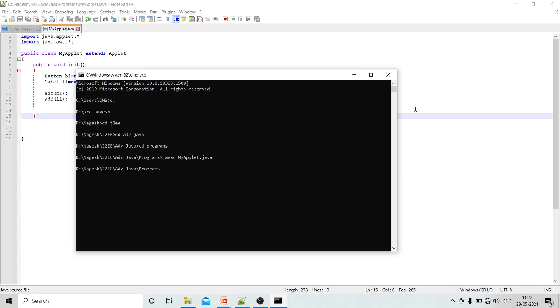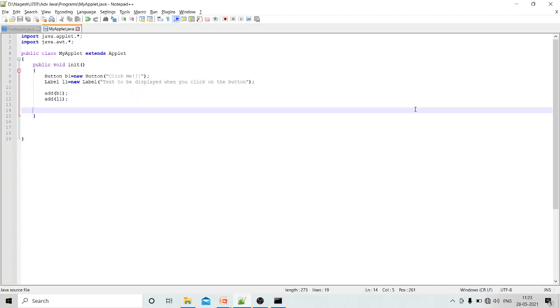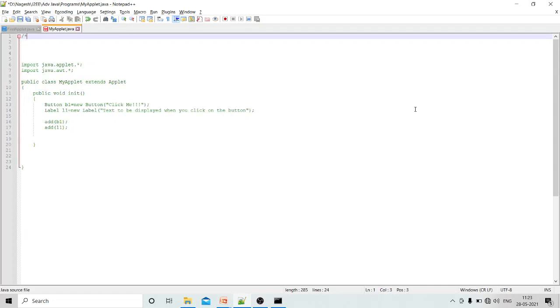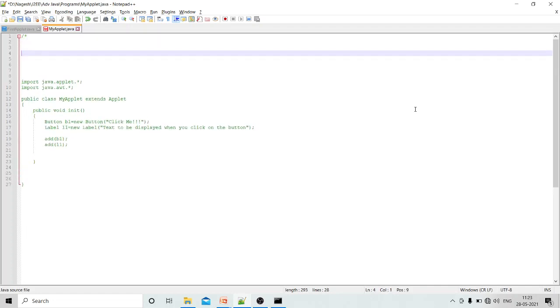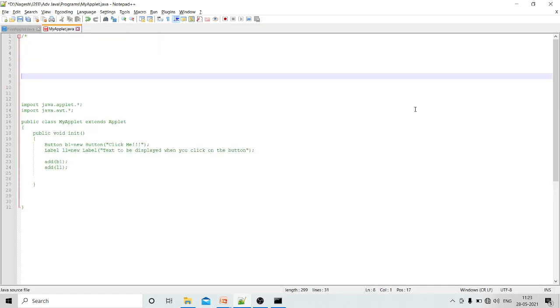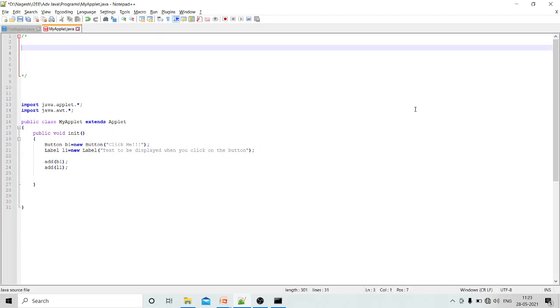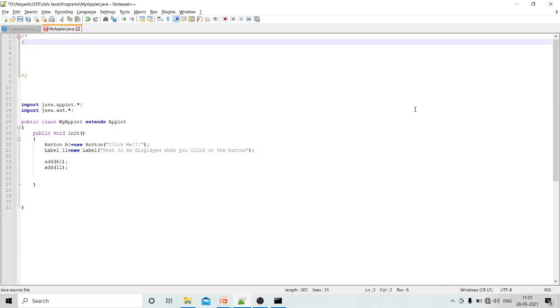A convenient way is, instead of creating a separate file, we can add the HTML code here in the same file in the comment section. If you want, you can create a separate HTML file like we did earlier, or in the same Java file you can declare a multi-line comment like this, and inside this multi-line comment you can have your HTML code.